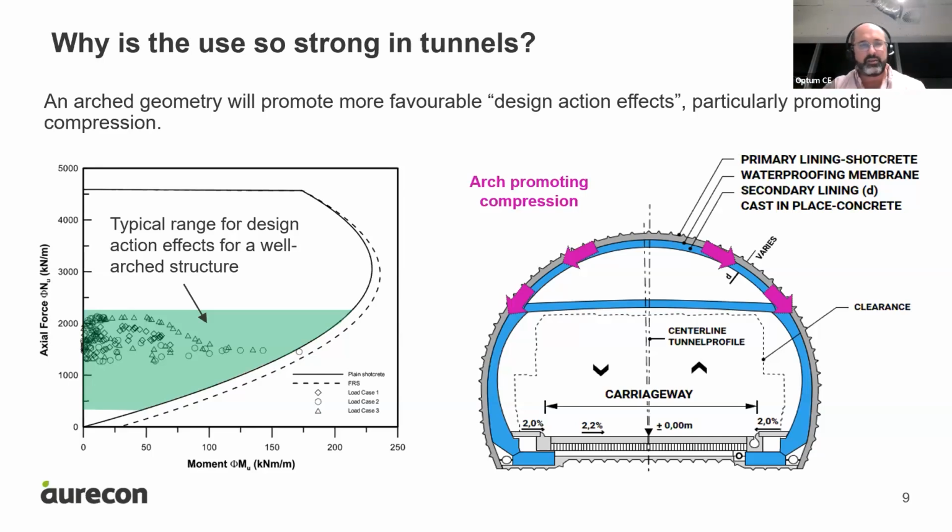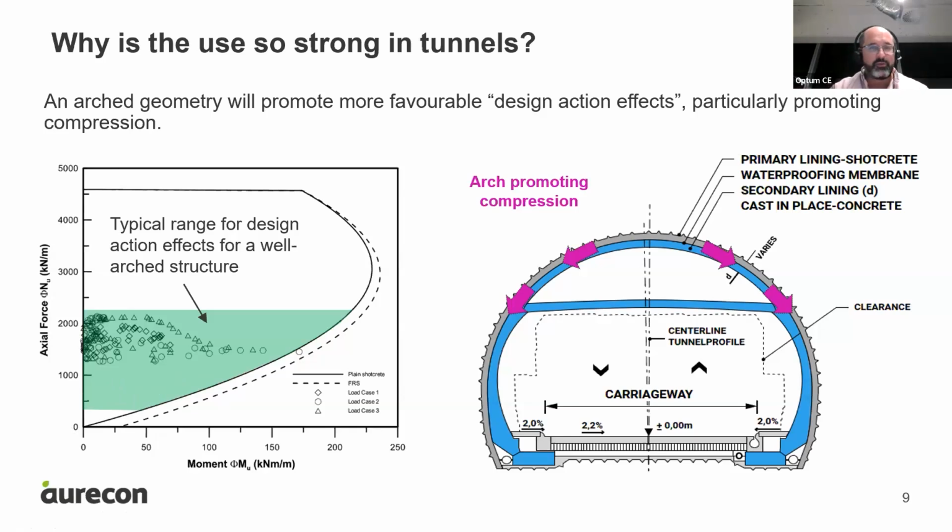And obviously, when you have compression, you enhance your flexural capacity. So here's just a very simple example. On the left-hand side, we have a sectional analysis, which has the regular interaction diagram, axial forces versus bending moment. And obviously, if you have very low axial forces, it will be at the bottom of this curve towards the zero, and you can see that the bending moment capacity reduces. So when you put compression, in a lot of cases, even plain concrete could be made to work, right? There may be concerns if it cracks, what would be the ductility, but when you start putting compression, even plain